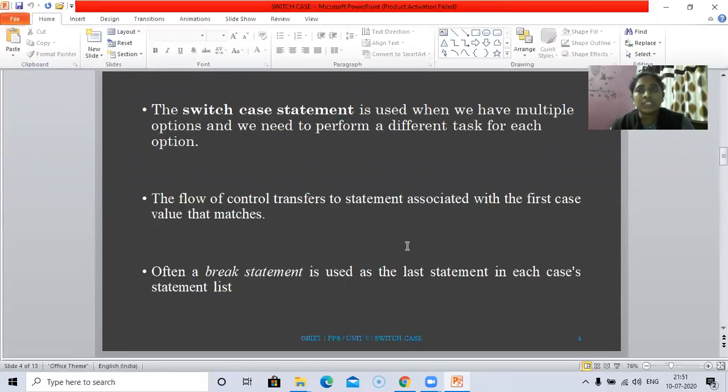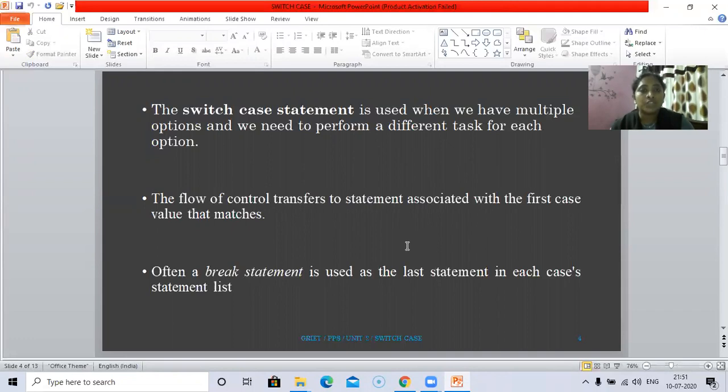Coming to the syntax here, switch case is used when we have multiple options. It's quite similar to the else if ladder, where we check different conditions, but here in the case of the switch case statement, we need to perform a different task for each option.